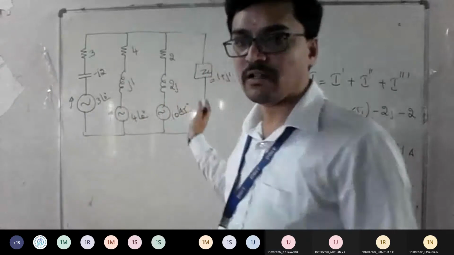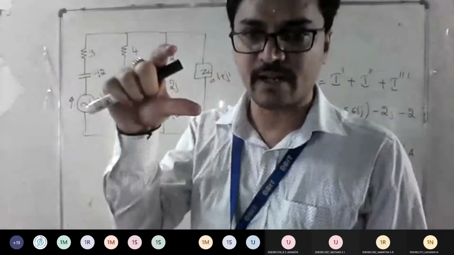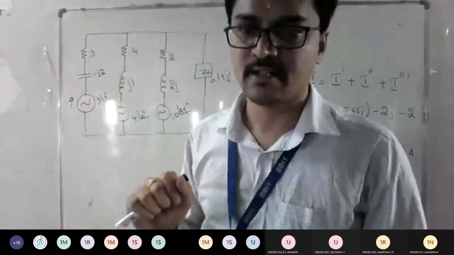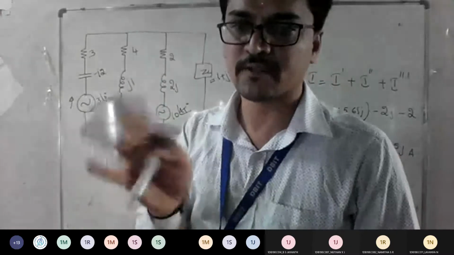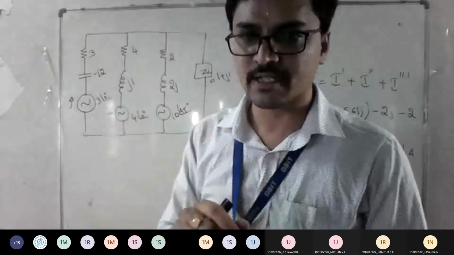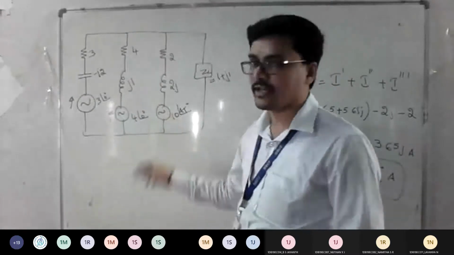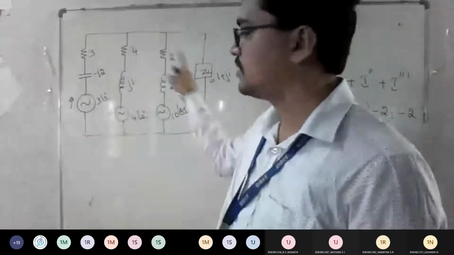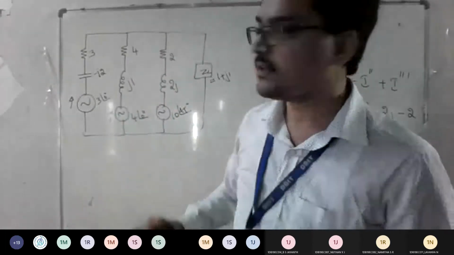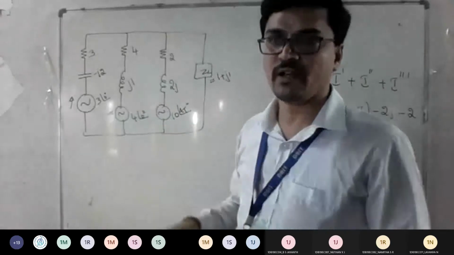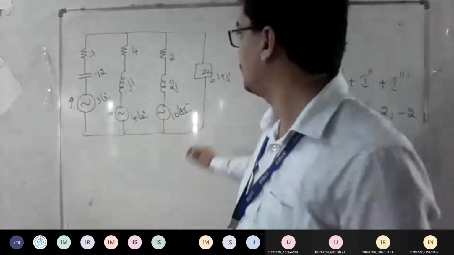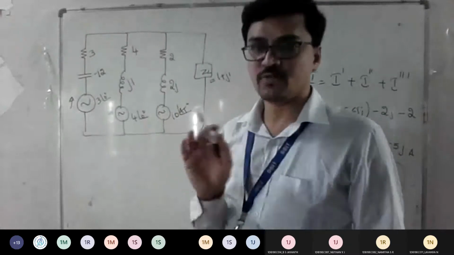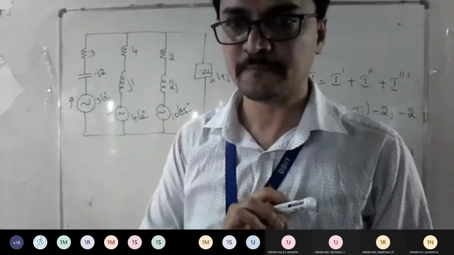You need to add all the things to get one equivalent current source with equivalent impedance. Again, you go back and apply the logic of source transformation to get the voltage. So once you get only one voltage source with one impedance, then you would apply your normal mesh analysis or branch current logic to get the current across ZL. So this was the procedure. Yes or no?